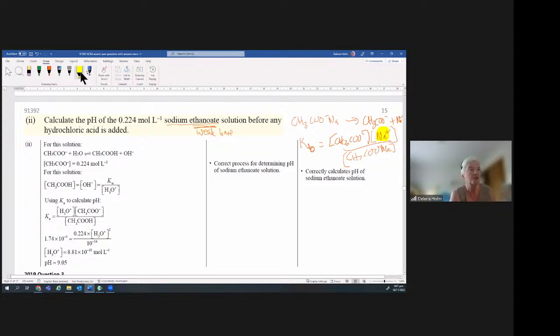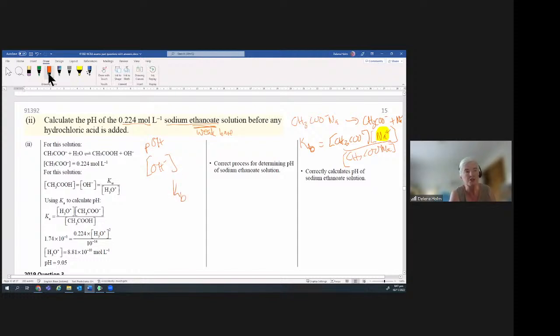So you'll notice what they've done here. They've worked it out via Ka, but you could have done it also via Kb. So you could just simply say if the pH is so much, you've got to calculate the pH. So you simply calculate the pOH based on the concentration of OH minus ions, and that's from the Kb